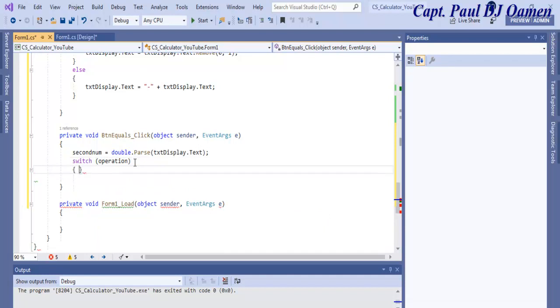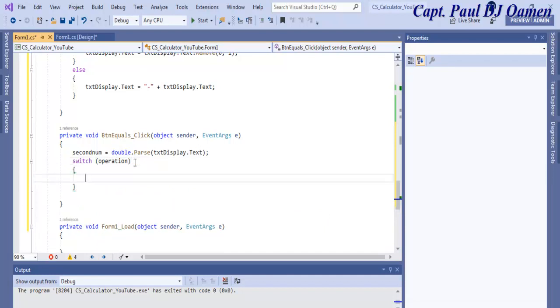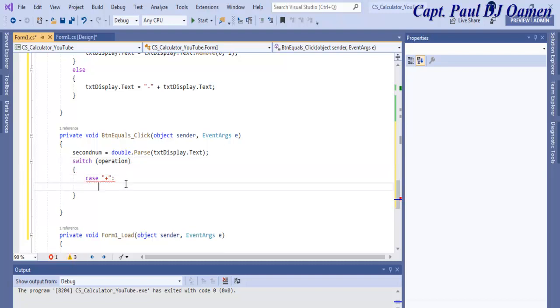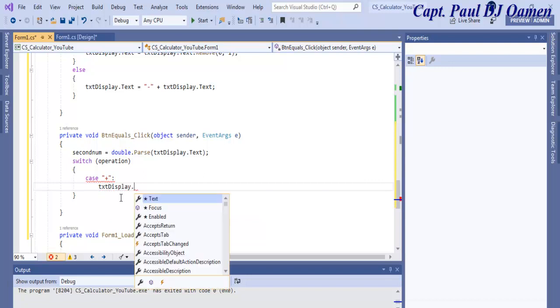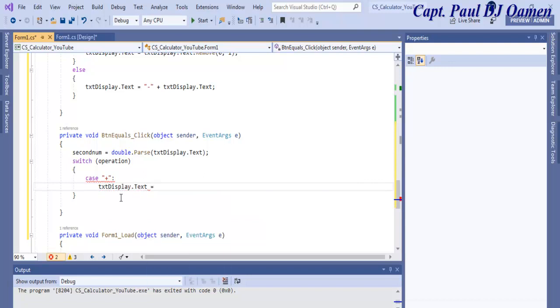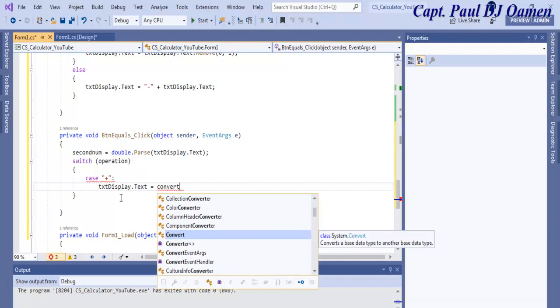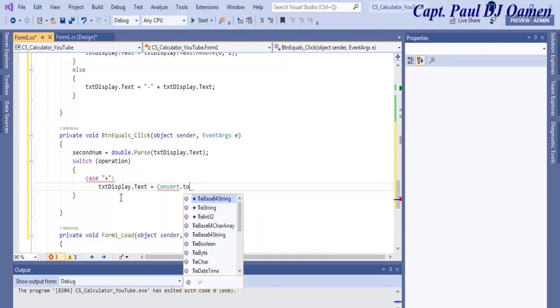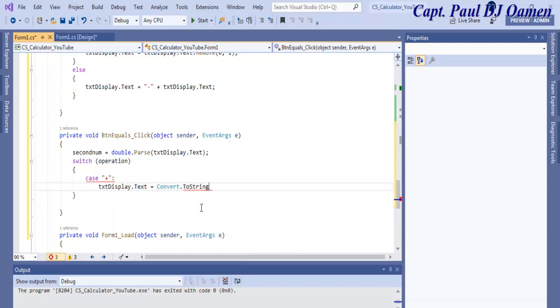Okay, press enter, and now it's going to be case plus, and right there I'm going to enter colon, and the first case is going to be txt display dot text equals, let's convert whatever we have in there dot to string,